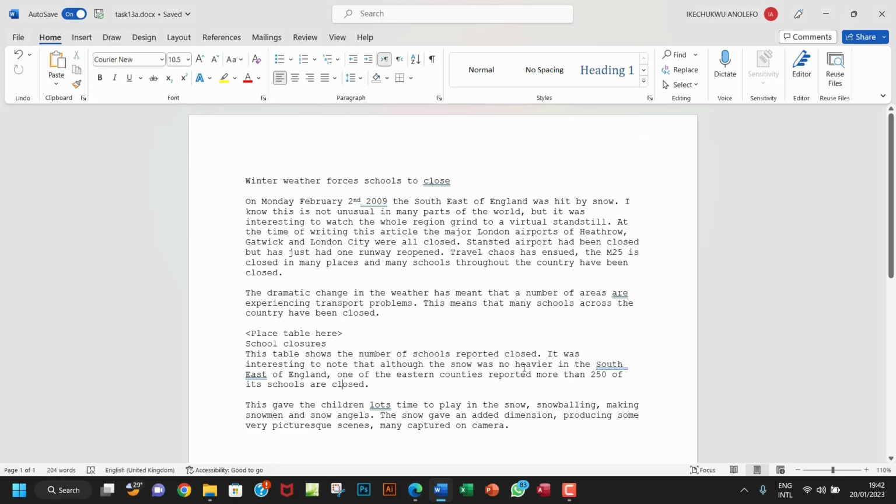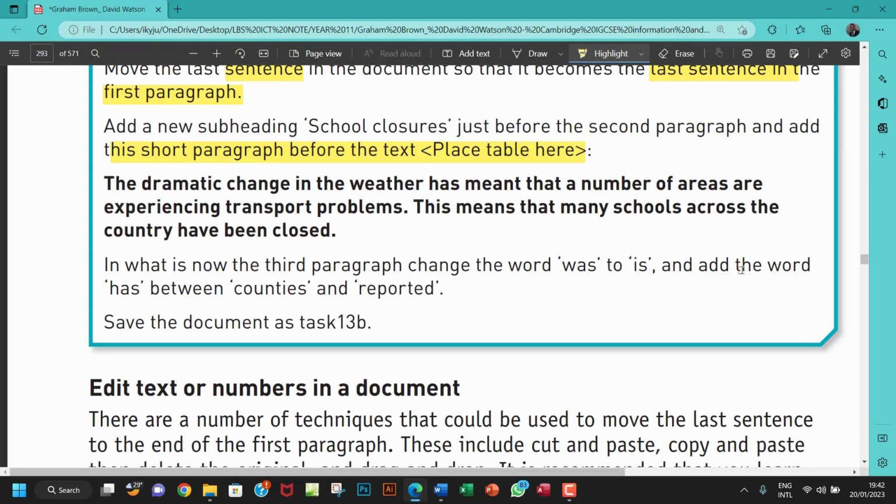So I'm going to locate the word "was", which is this one. Select that and then type in "is". Okay, that's that for that. And of course, add the word "has" between "counties"